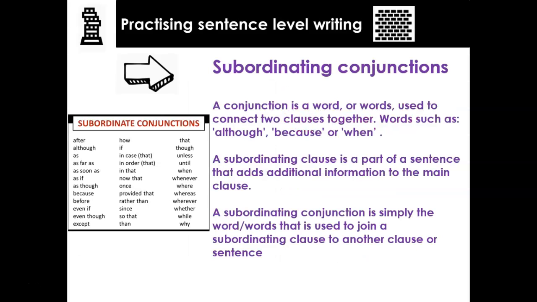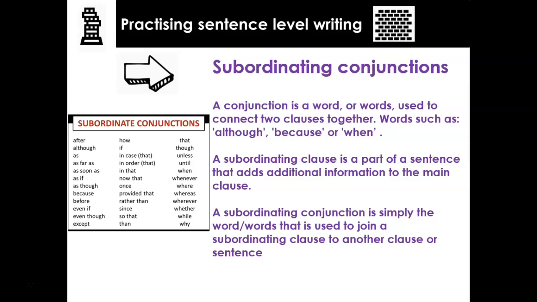Okay, so a subordinating conjunction is a word or words used to connect 2 clauses together. Words such as although, because, or when. A subordinating clause is a part of a sentence that adds additional information to the main clause. A subordinating conjunction is simply the word or words used to join a subordinating clause to another clause or sentence. Okay, so this is what we're going to think about using in our writing. Now, examiners like to celebrate what they call complexity, using complex sentences because they believe it's a reflection of complex ideas and descriptions. And subordinating conjunctions, a variety of these, is a cheat, a shortcut to demonstrating complexity